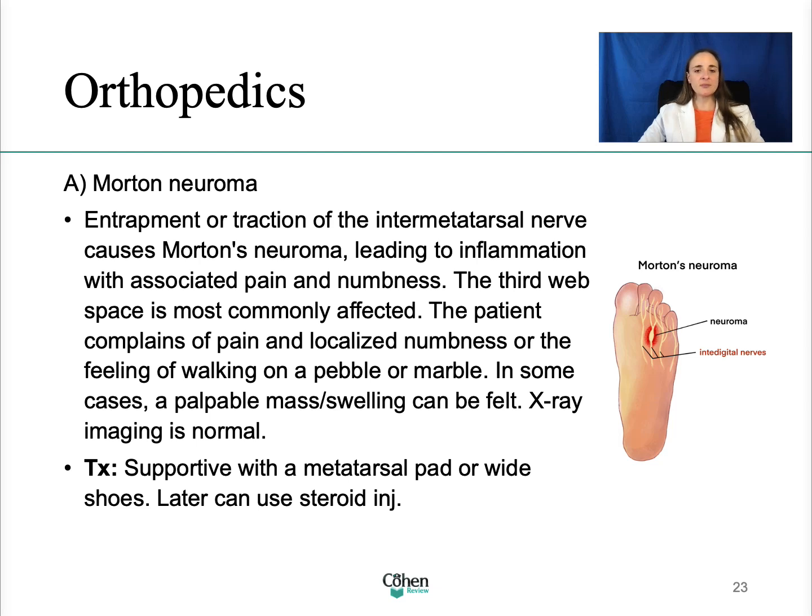Now, I would like to share with you that during your studies for the nurse practitioner boards, there will be diagnoses, scenarios, cases where a description is very specific to that particular diagnosis. In this case, Morton's neuroma. And that's a good tip that I want you to take home. Nothing that I can think of for the purposes of studying for the nurse practitioner boards will be described as numbness and tingling to the third and fourth toe with feeling like you're stepping on a pebble